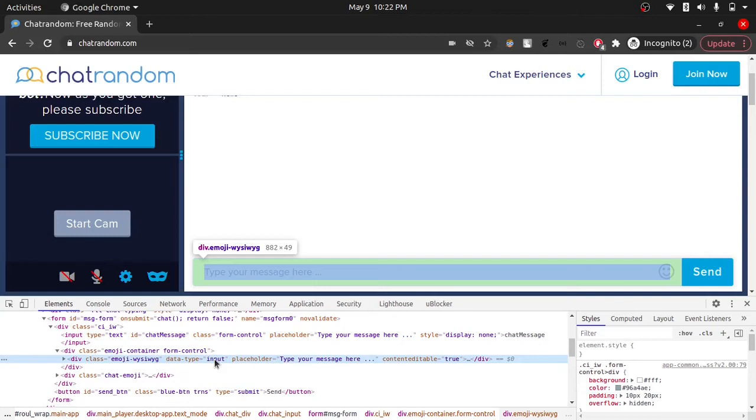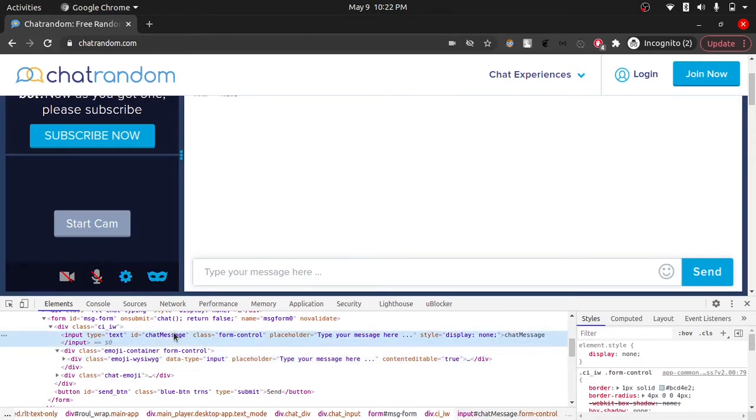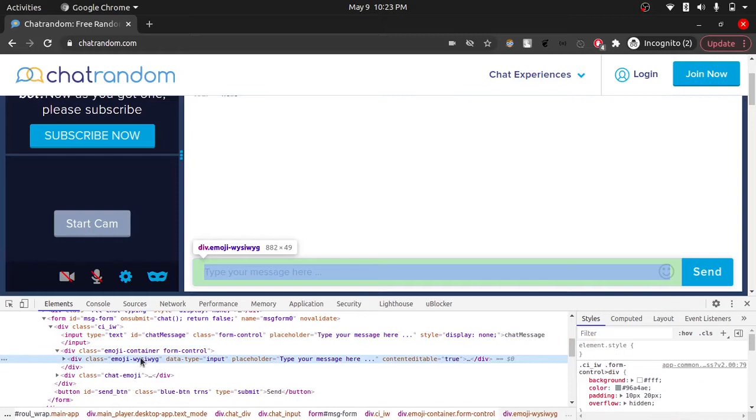So here you can see that I have this class. I'm not going to go into the details because if you understand the class and the IDs, then you know what it means, right? It means that if we have the ID, then we are uniquely referring to an element on this page, and class means that we are applying a set of rules to multiple elements if we are using a class on them. So yeah, that's about the ID and the class.